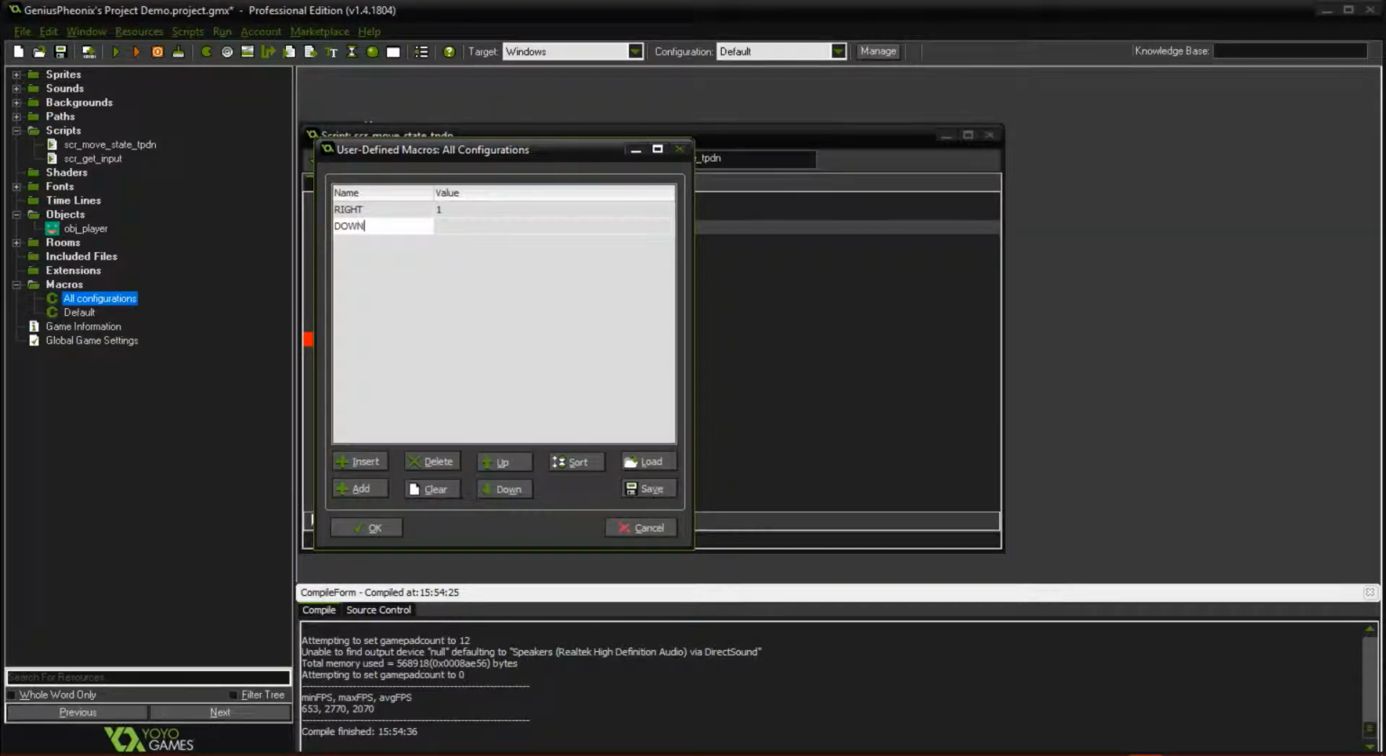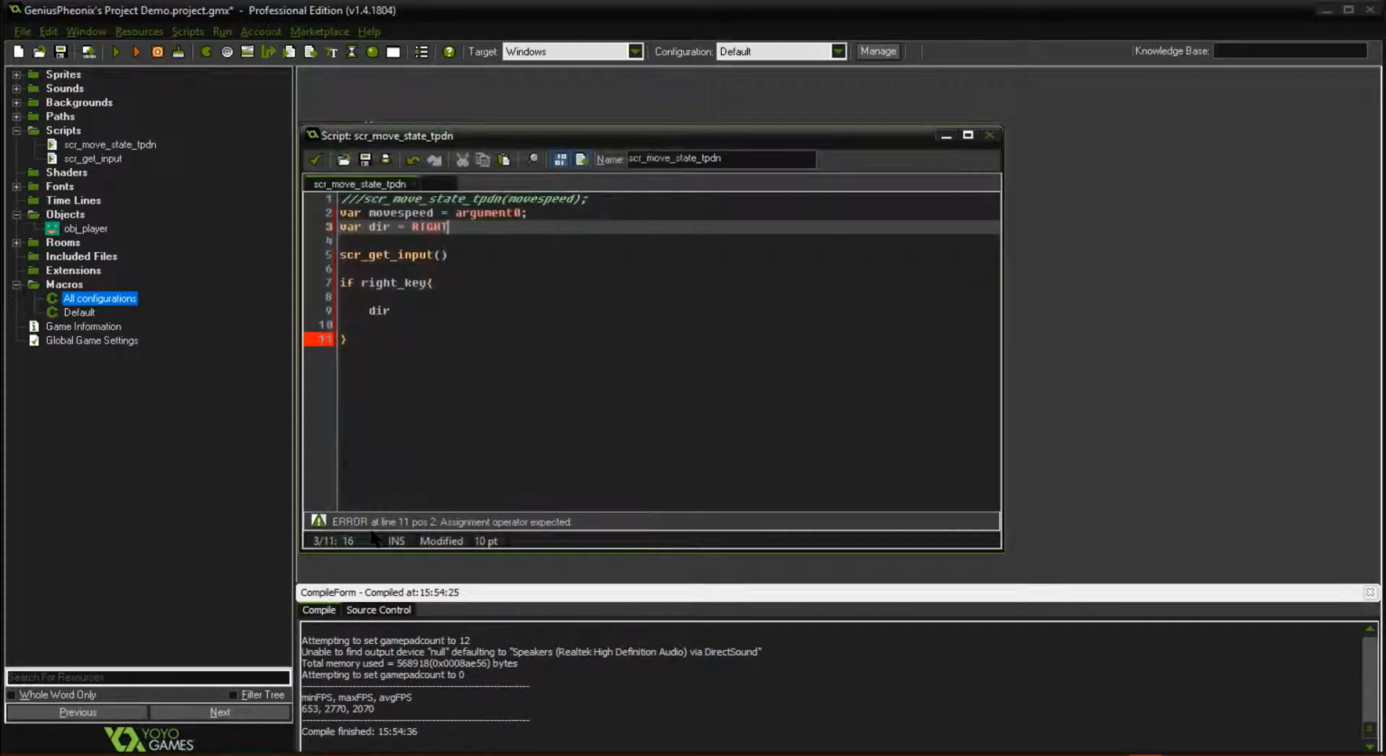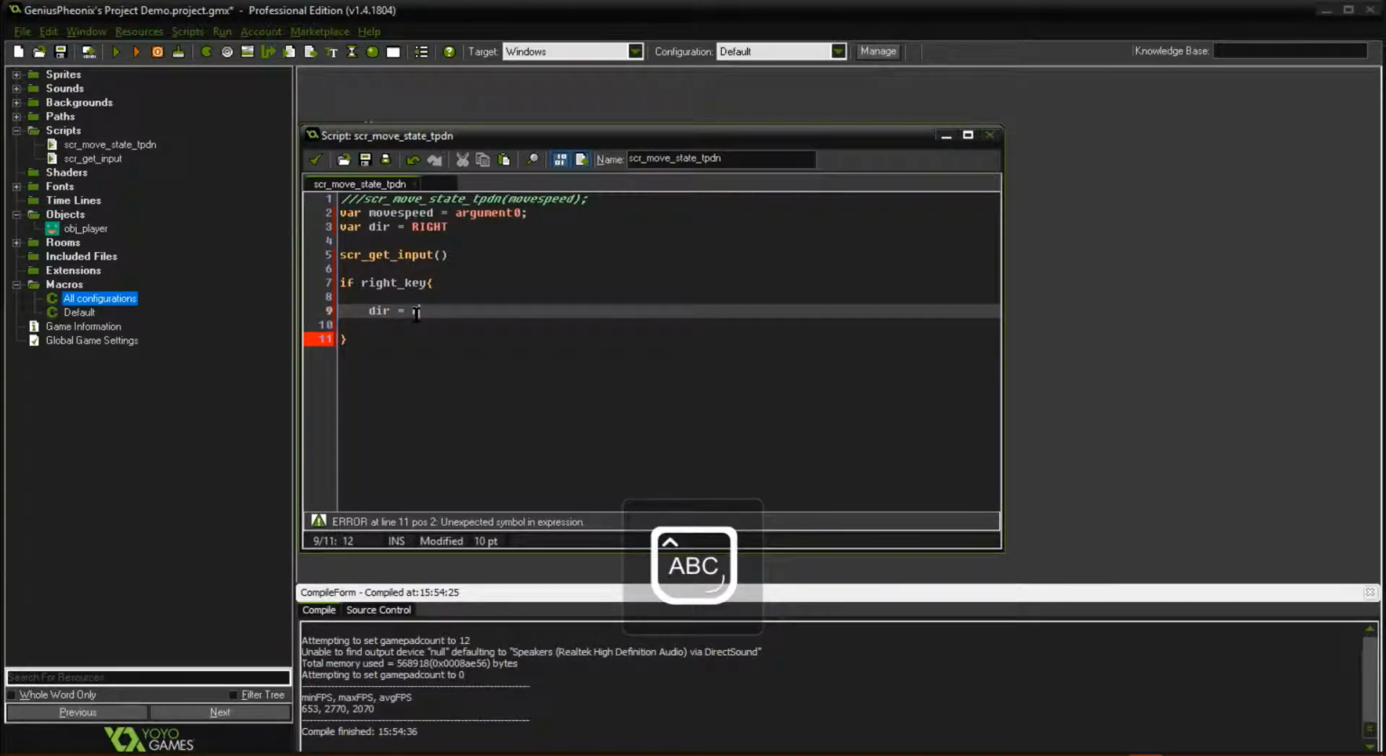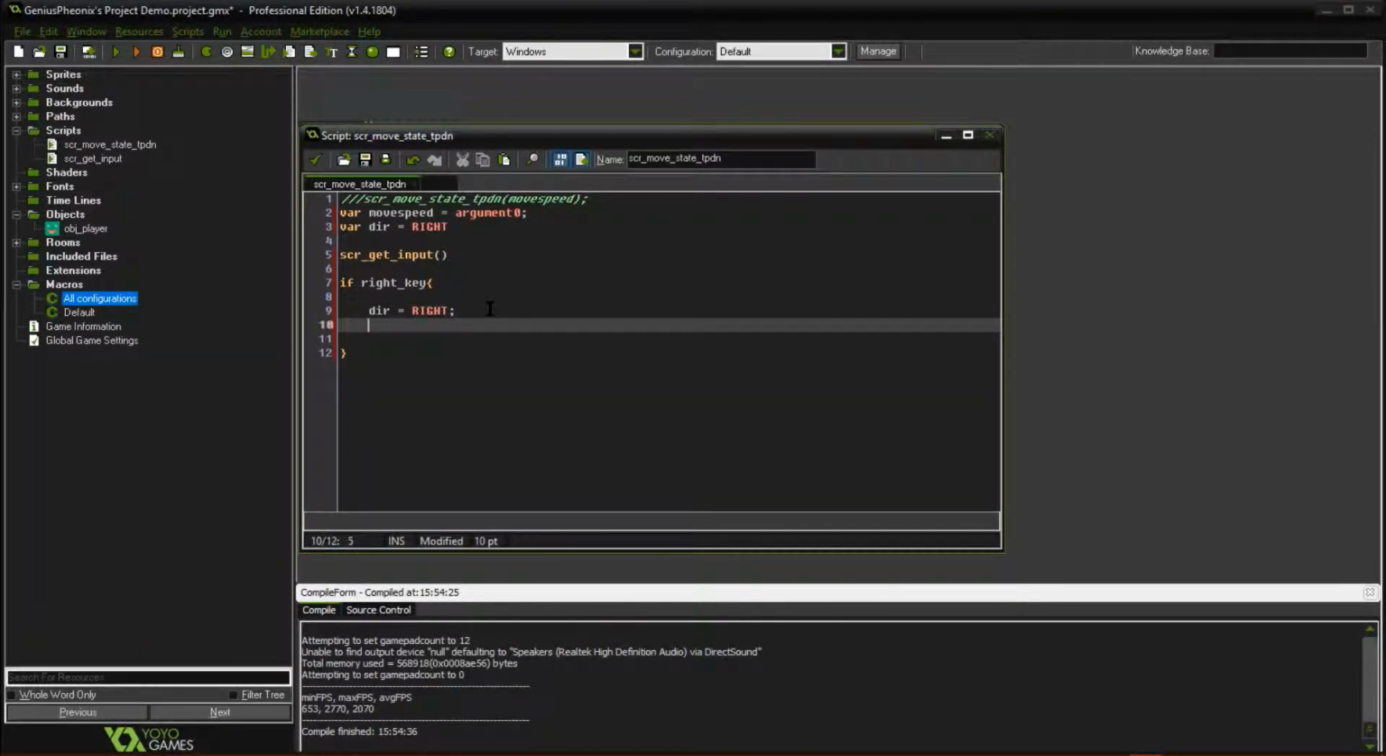Down, because we'll go clockwise, 2. Left, 3. And up will be 4, which we could also set to 0, but we'll keep it for 4 right now. And we'll say dir is equal to right, and x plus equals move speed,